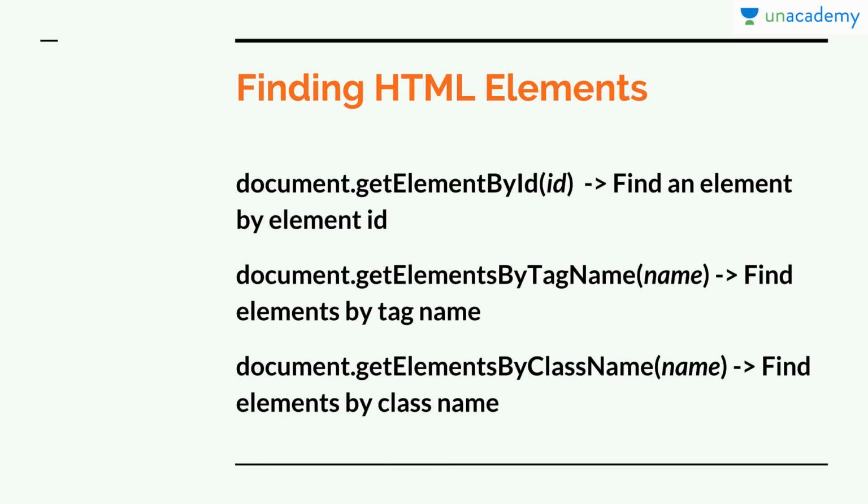So there are different methods that you can try. The first one is document.getElementById that I have used. The second one is document.getElementsByTagName, where you can use the tag names. Tag names are like paragraph tags and anchors. You can write p, a, h1, h2 or anything that you like. After that, you can also get elements by class name.